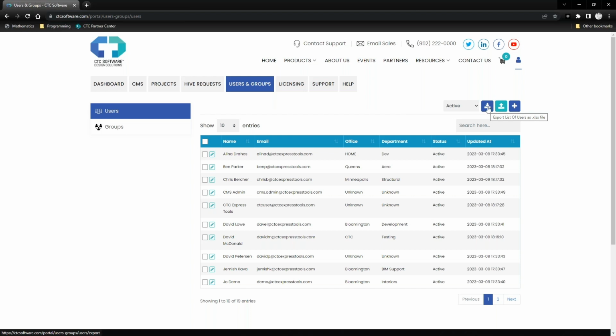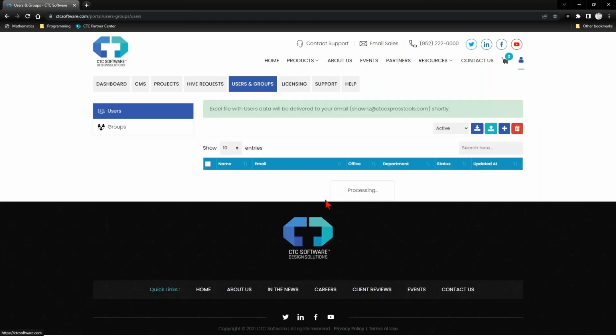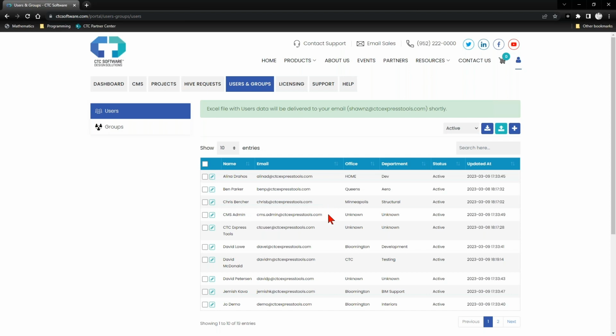You can export a list of users. When you click this button, it will actually send an email to your account, whatever you're logged in as here, saying, hey, here's your current list of users and groups, and you can do full group and user administration in that Excel file. You can add users to groups. You can add a whole bunch of new users if you need to out of whatever system you've got. Just paste a bunch of email addresses. It automatically assigns them passwords. You can put them into user groups if you need to through there,